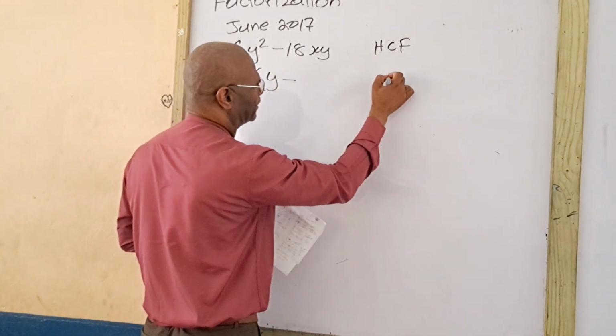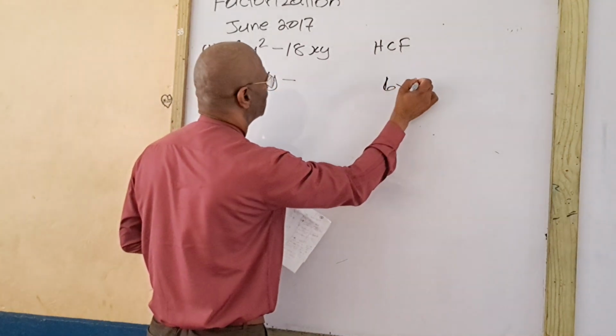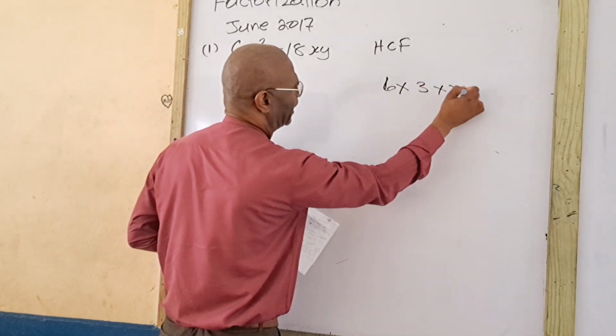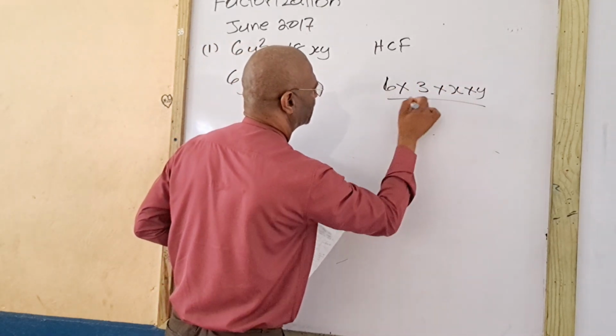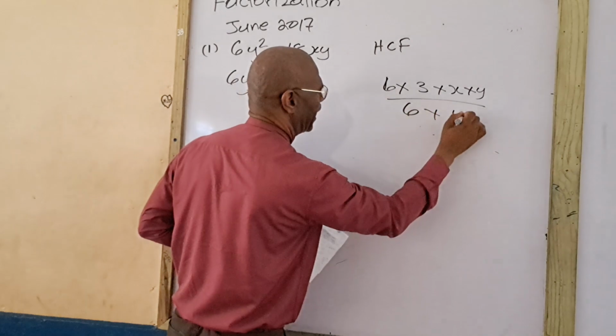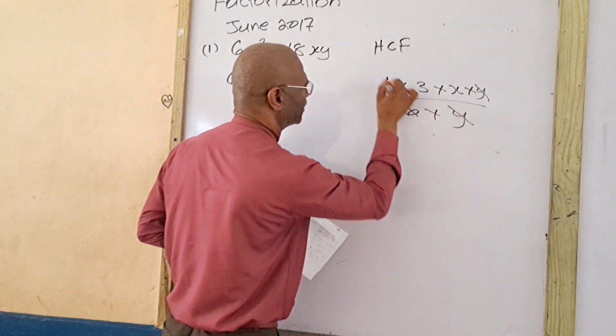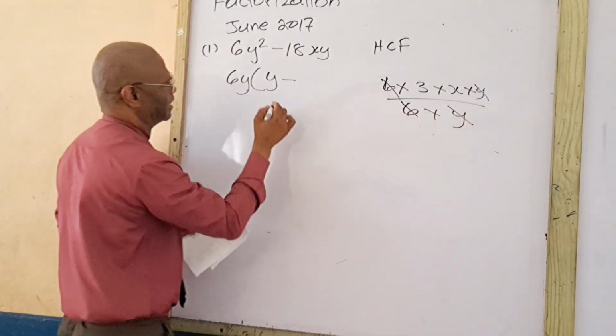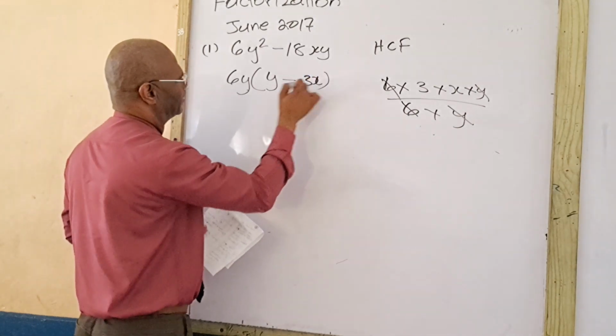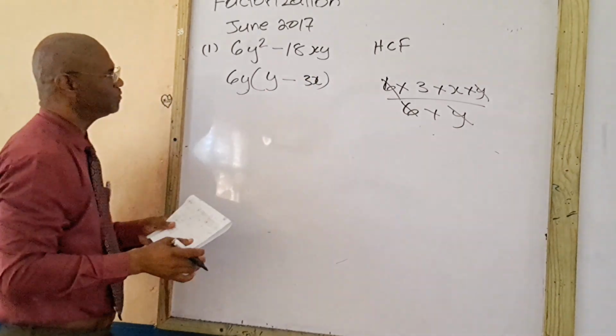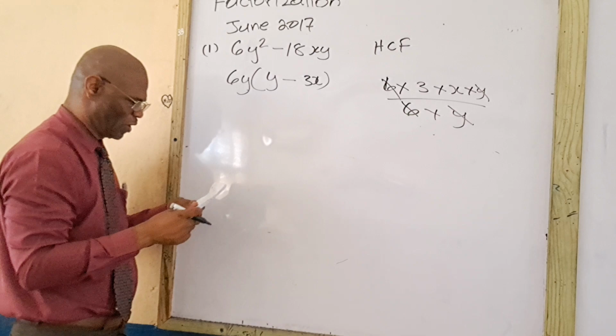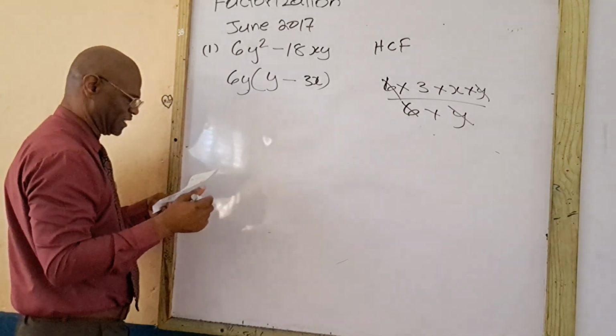So we have 6 times 3 times x times y over 6 times y. The y is cancelled, the 6 cancel. We're left with 3x. Alright, so that's it. That's your 1 mark here. And then